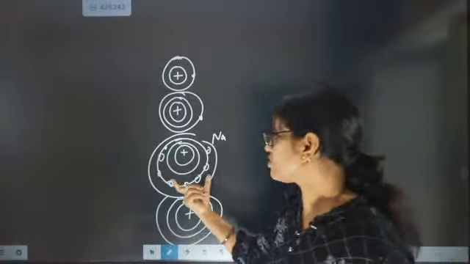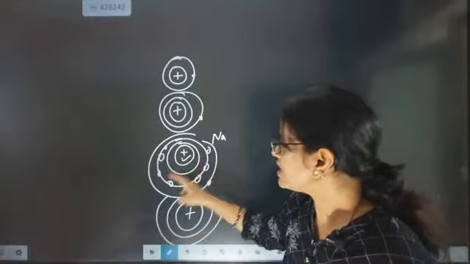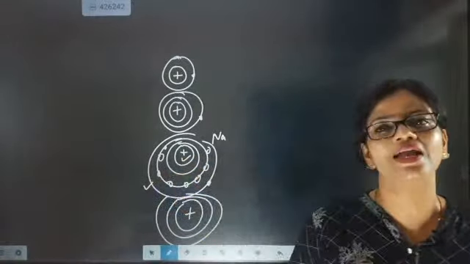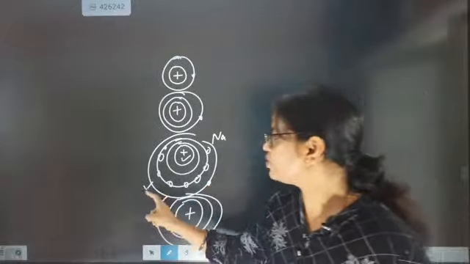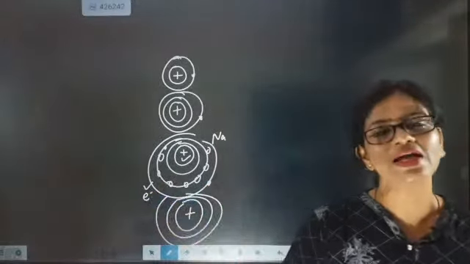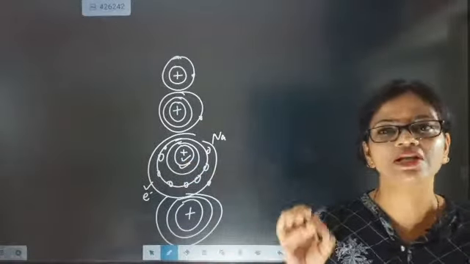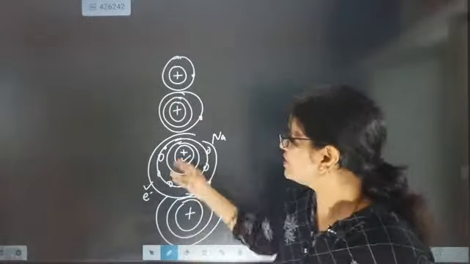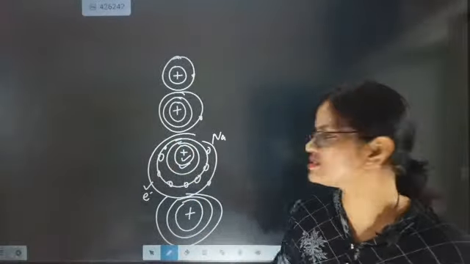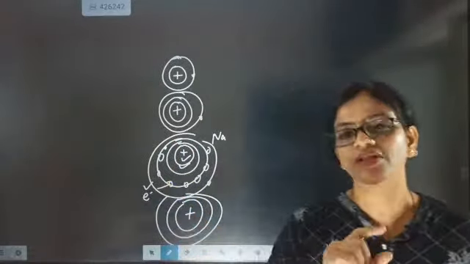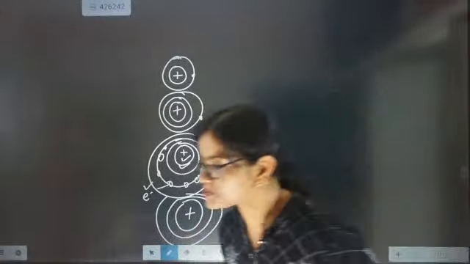So these electrons will hinder the attraction between the nucleus and the outermost shell electron. This is exactly called the shielding effect. The outer electron's attraction with the nucleus will become less because of the shielding effect. The electrons present inside will do screening. Screening means they will repel. There will be a repulsive force. So this repulsive force will try to